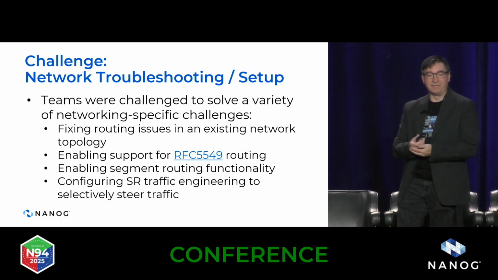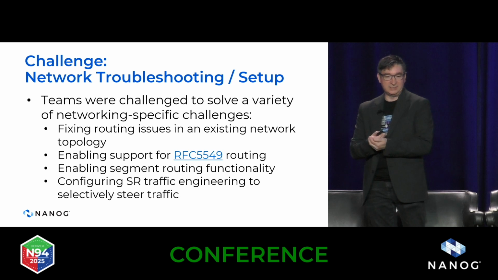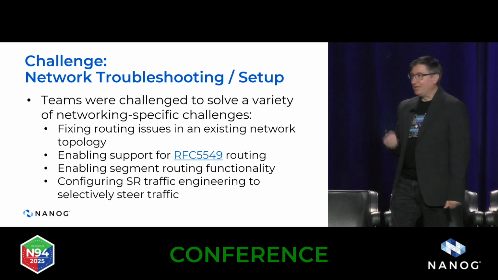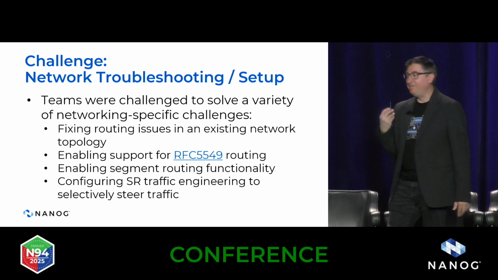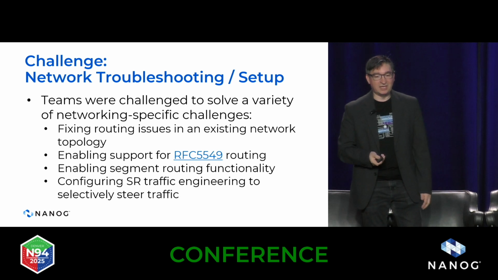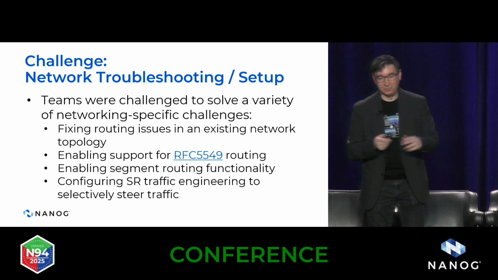So this is the first challenge that we went through, a network troubleshooting setup, using again SRv6 and ISIS. The teams were challenged to solve a number of networking challenges, fixing routing issues in an existing network topology, the aforementioned Container Lab topologies, enabling support for RFC 5549, which is routing IPv4 NLRIs over IPv6 peerings and next hops, as well as enabling segment routing functionality and also configuring SR traffic engineering to selectively steer traffic through the